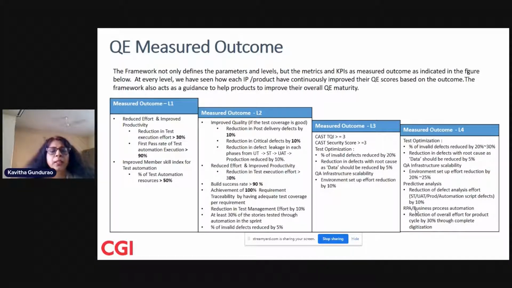So on and so forth. So we started putting up these matrices and KPIs, and believe it or not, most of the IPs have improved their QE levels by meeting all of these. If you look at some of the QE outcomes, for instance, the post-delivery defects should be reduced by 10%, and then you qualify to be in level two,